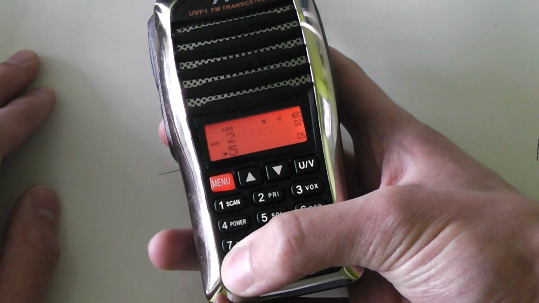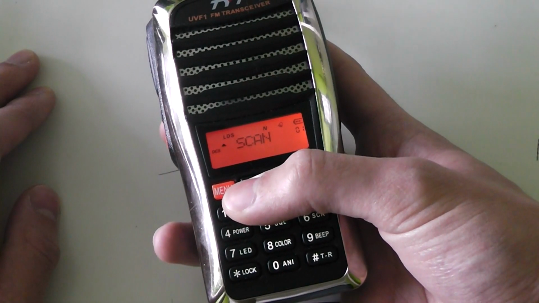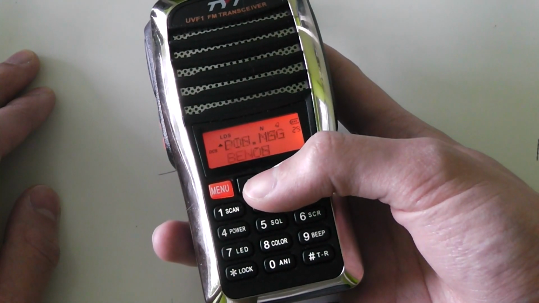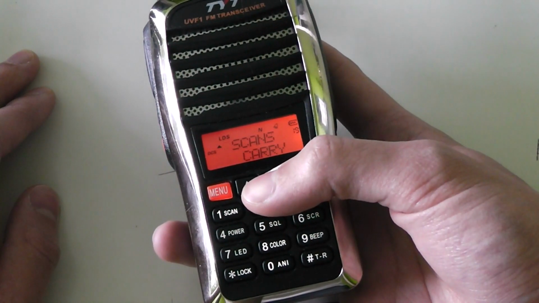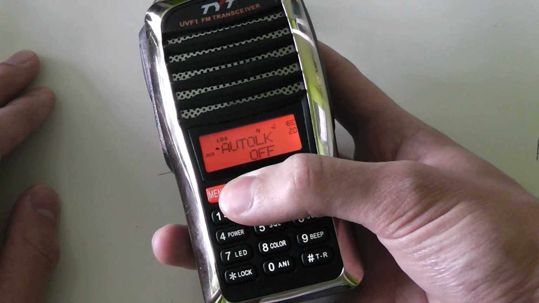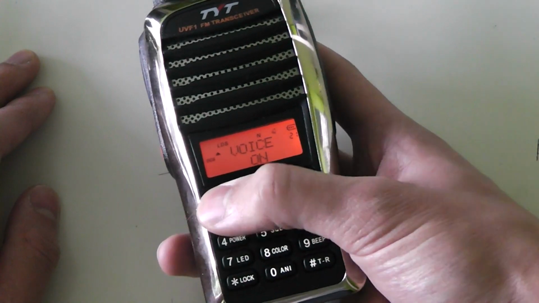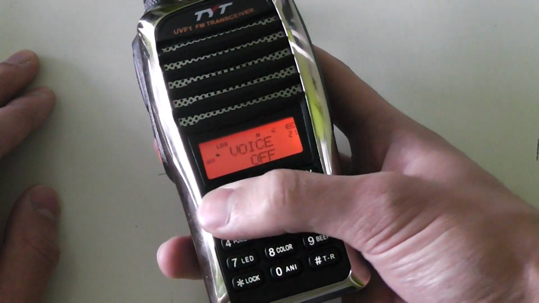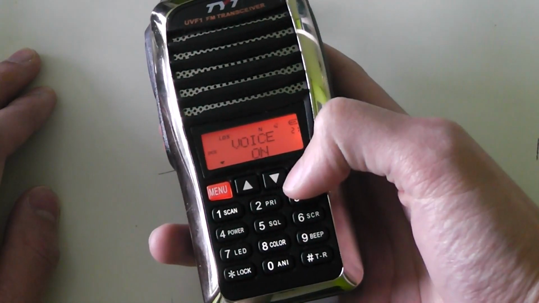So then you have unlock. Scan. Where were we? Key lock. There we go. Voice, on or off. That's just the voice prompts that sometimes explain things a bit better